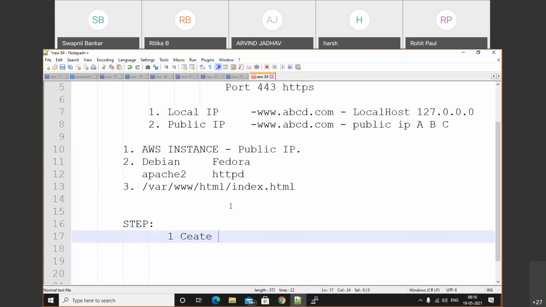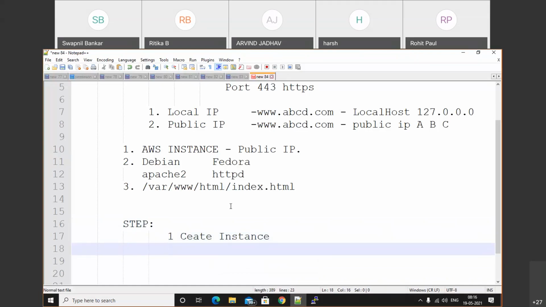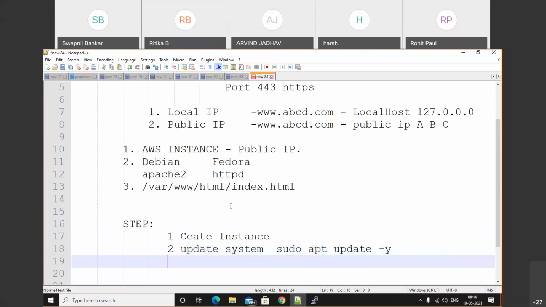Create. This lecture is recorded, so you can do the practice. Step one, create instance. Second step, update the system by using the command sudo apt update.